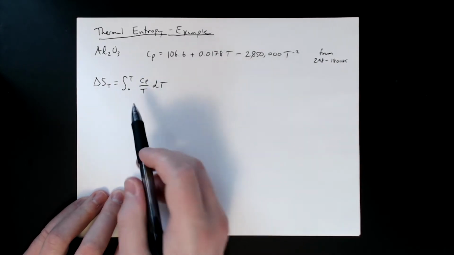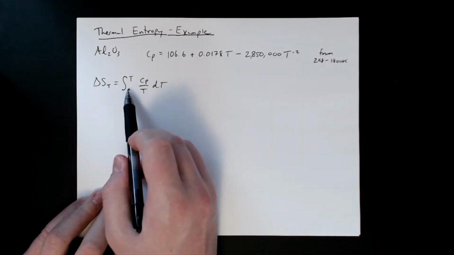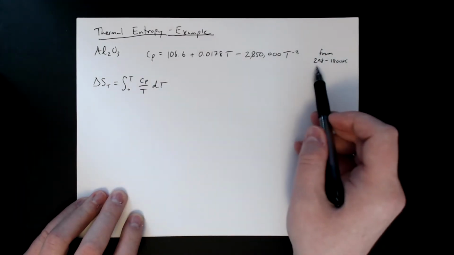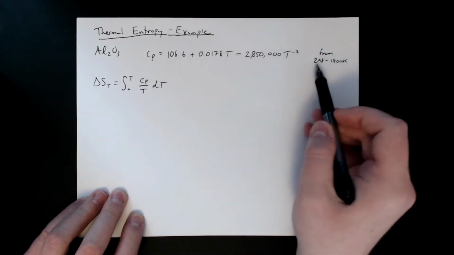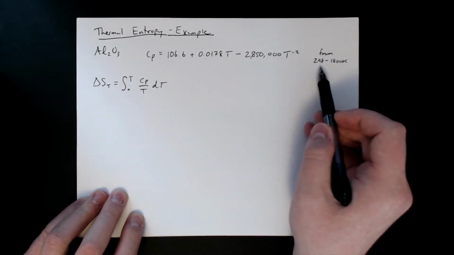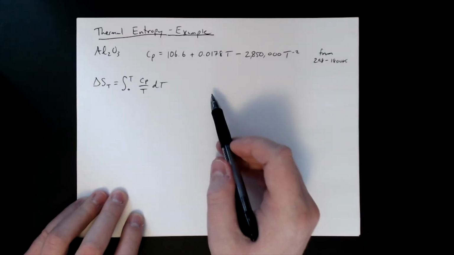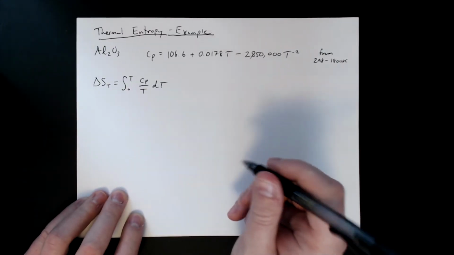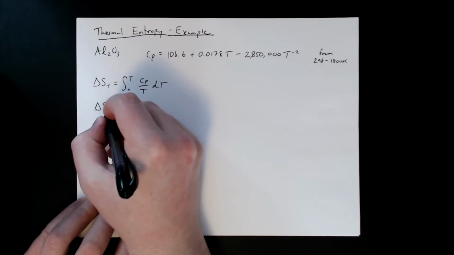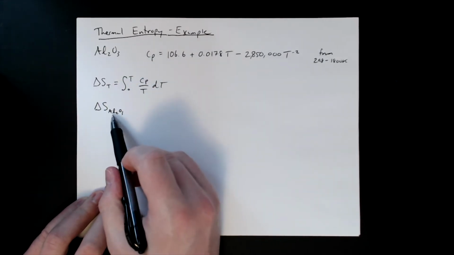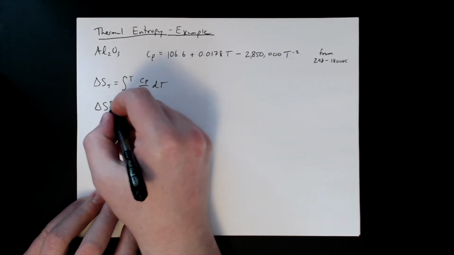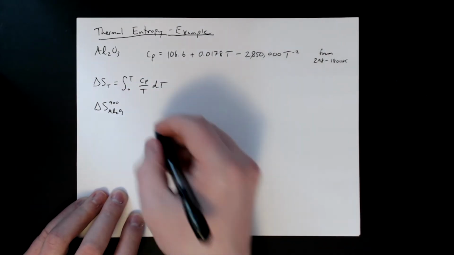All right, so one thing you'll notice though is we're going from 0 to T, and you'll notice this data over here actually only starts at 298, right? That's the standard temperature we always hear about. So we have a 0 to 298 range that we have to worry about. And so what we can do is actually rewrite this. So let's say we want to do the change in entropy for Al2O3 at 900. And so that's going to be